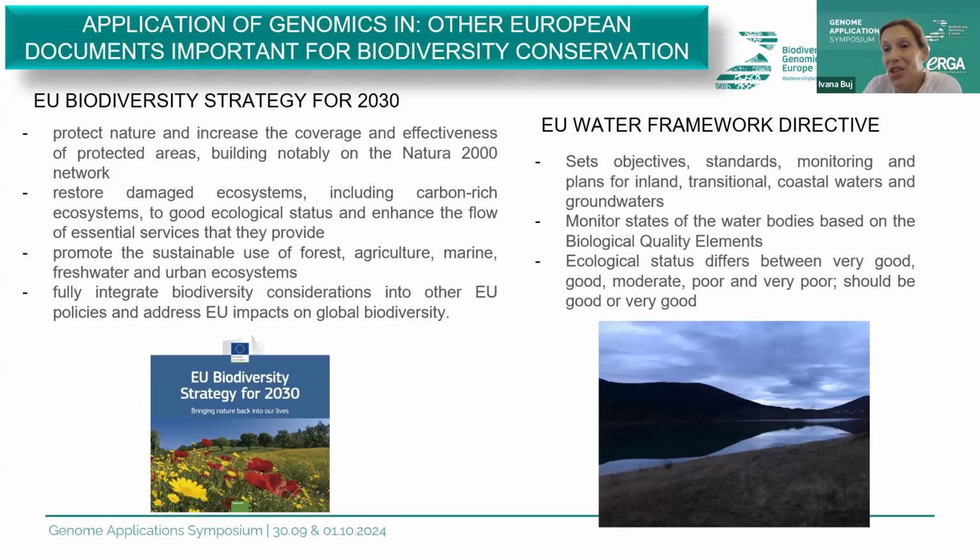But here again, genetic diversity is not really accentuated. It is really focusing on species, which is okay. I mean, if we would protect all European species, we would be very happy. But is this the most efficient way? I don't think so. I think genetics and genomics can really be useful here,